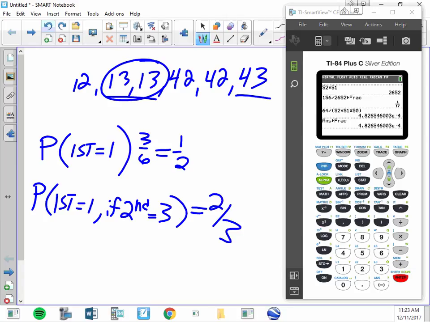Right, so what is the chance that the first one is a 1 if we know we can only pick from those things that end in 3? So I get rid of this and that and that because they don't end in 3. We're only allowed to choose from the ones that end in 3, and 2 of the 3 start with a 1, and that 1/2 and that 2/3 don't match. So these are dependent. The positions are dependent. If you know that you have a 1 in the first space, you have a different probability than if you don't know.